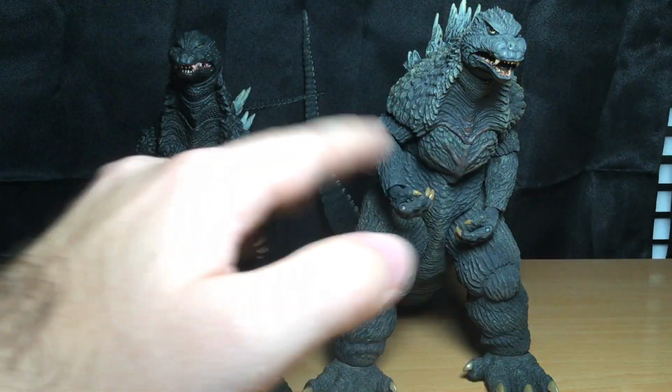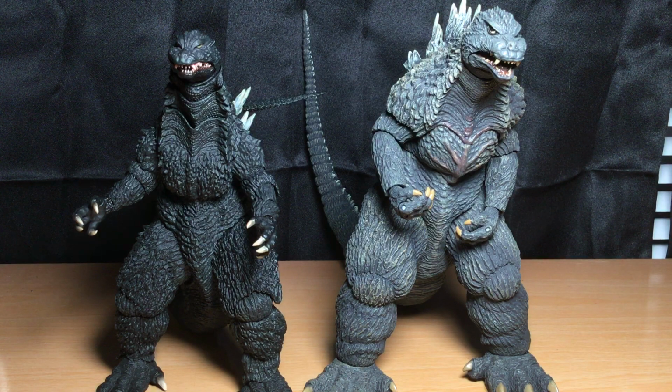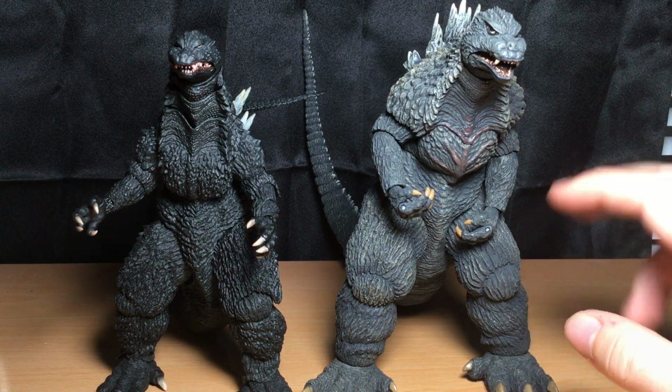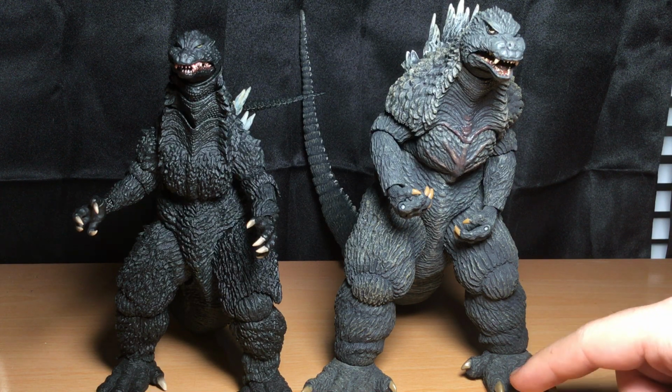Of course, they're basically the same design, the only difference is the scar. So when I got this, I was like, man, this is so small. And then I was comparing it to my SH Monster, and I was like, no, it's not. It's not small. What am I talking about? But it was because I was mainly comparing it in my head to the NECA Godzilla 2003 because of the